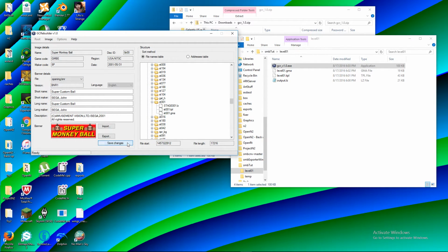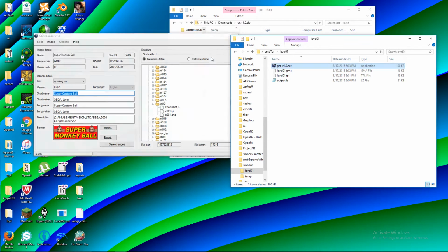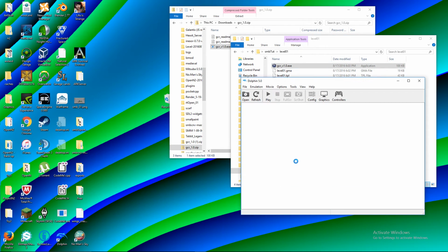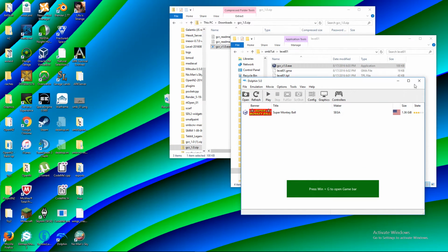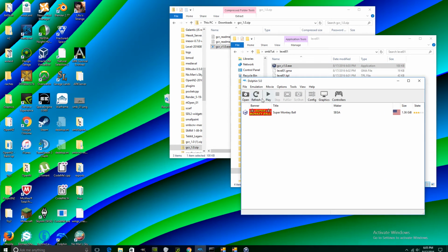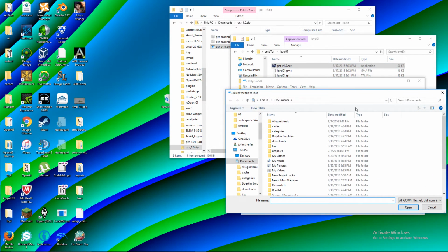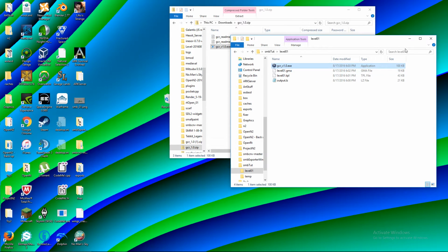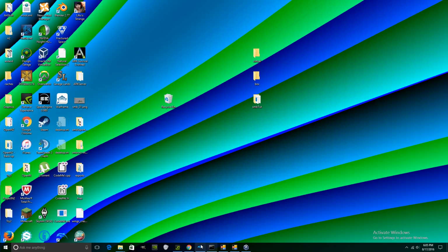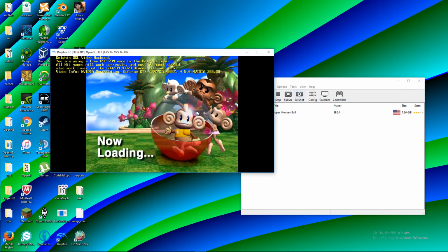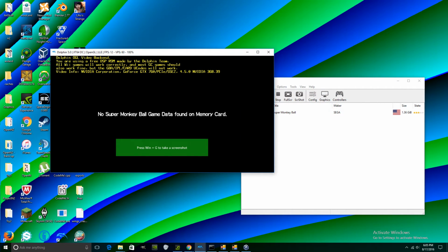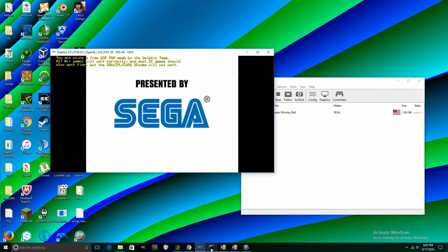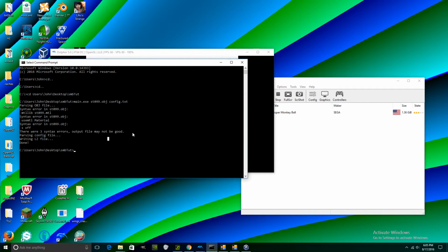Now once this is done, you save changes. You can change all the name and stuff over here in the custom logo that you want to appear in Dolphin, as you can see here. After that, you're just going to open up your emulator, open up the ISO wherever that may be, and then press play and run it. You will know if it worked if you get custom levels running as I have in my other videos. Otherwise, this means that you've done it incorrectly, or you haven't made a temp file, or you're getting errors with the